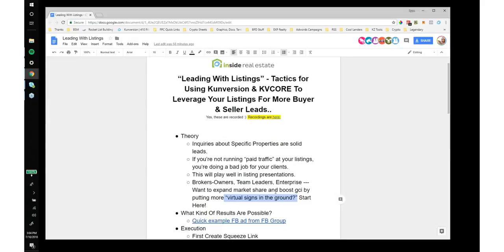Like, if somebody has a lot of for sale signs in the ground on the side of houses, all the neighbors, psychologically, they go, oh, this is the people I need to list with, right? Their signs are everywhere. They must know what they're doing. Well, there's an opportunity now, especially for bigger brokerages and teams, to put more virtual signs in the ground when